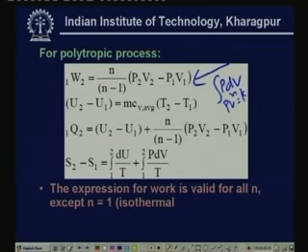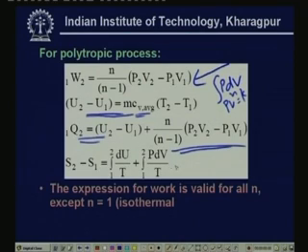And this is the general expression for internal energy change. Internal energy change is given by m c into delta T, where c is the average specific heat at constant volume. And this is nothing but a statement of the first law of thermodynamics for a non-flow process. What we have done here is 1Q2 is nothing but U2 minus U1, and this term is nothing but your work transfer. So this is simply your heat transfer in a polytropic process,